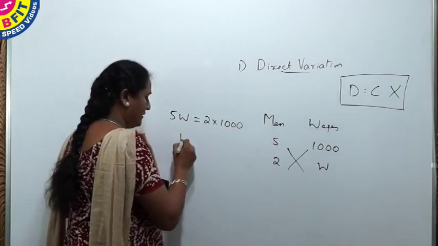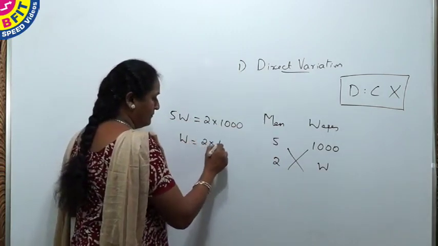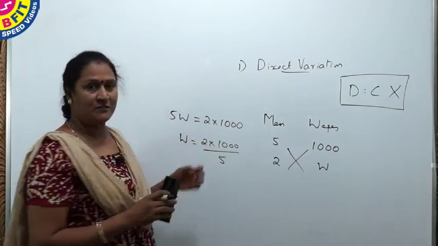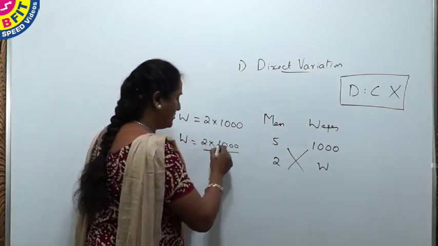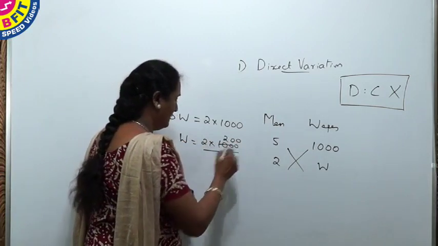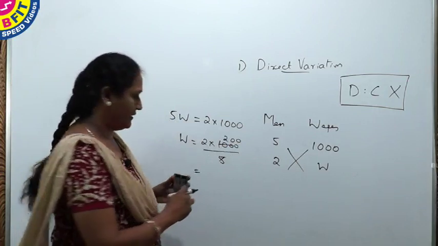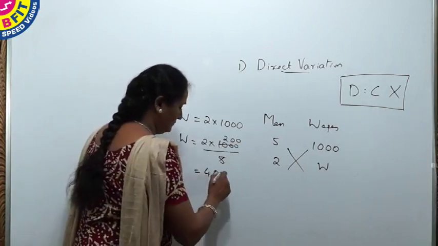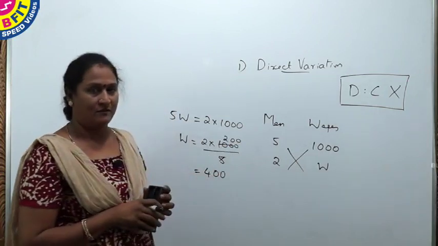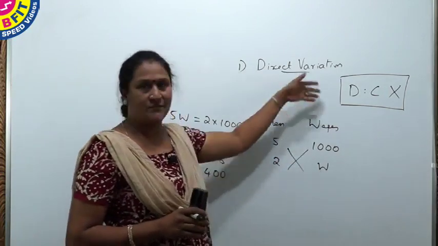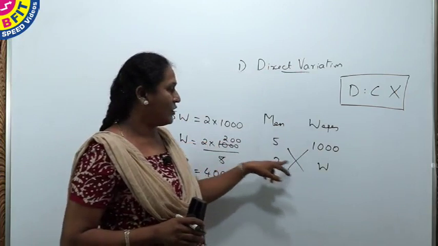Now to find this amount, divide this by 5, which is equal to 200. So the wages given to 2 men is 2 into 200, 400. By cross multiplying and equating them, because this varies directly, we have got the amount given